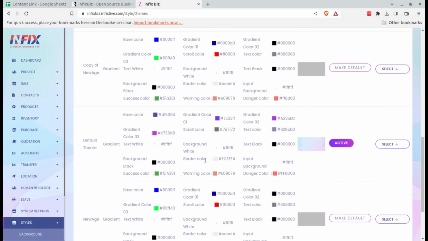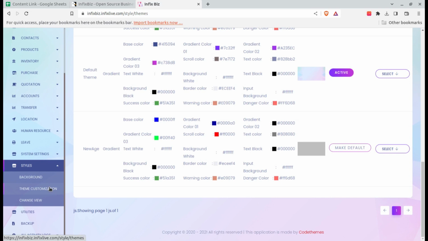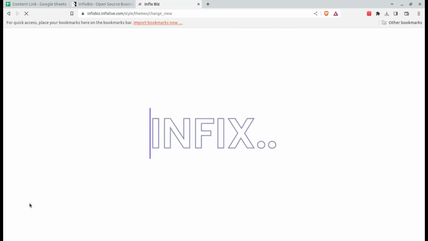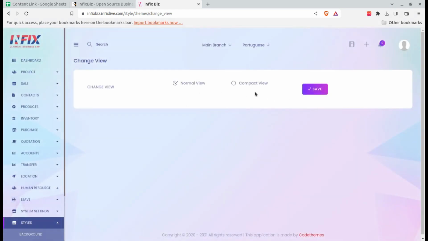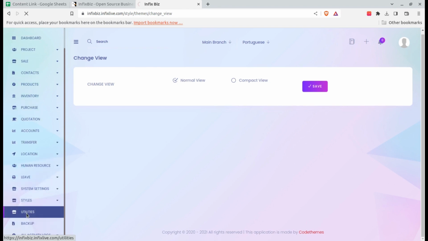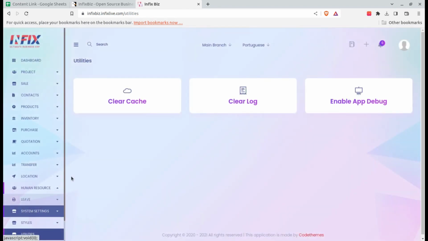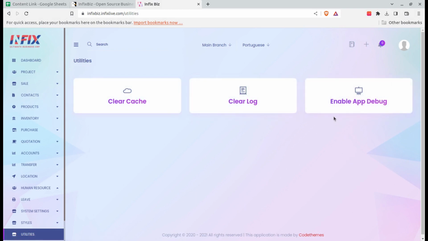So this is completely in your control. It is not like preset. So you have the complete control, and if you want to change these things, you will be able to do the same. Like change the view. If you want to change the view, you can change the view as well, normal view or the compact view, like this. Next, some utilities have been given for you, like cache clearance and the clear log, and enable app